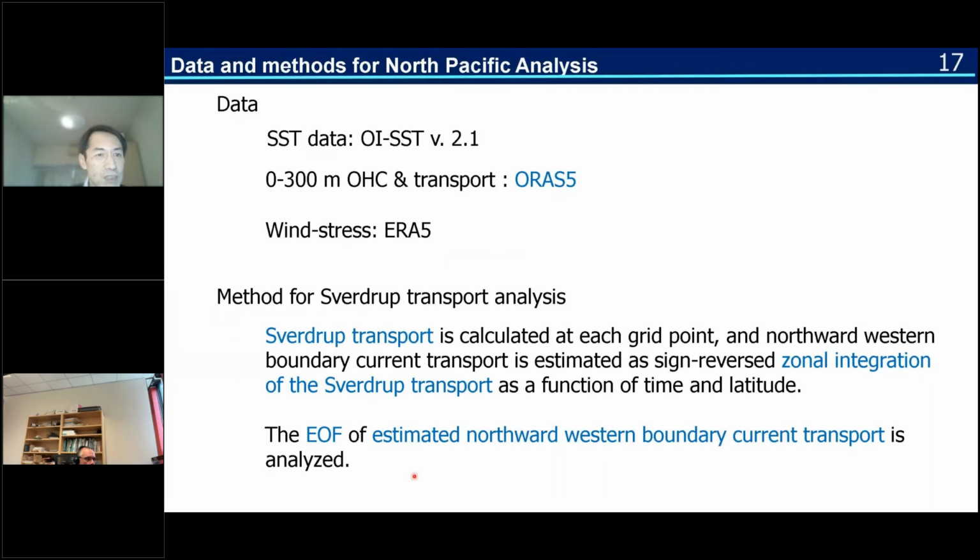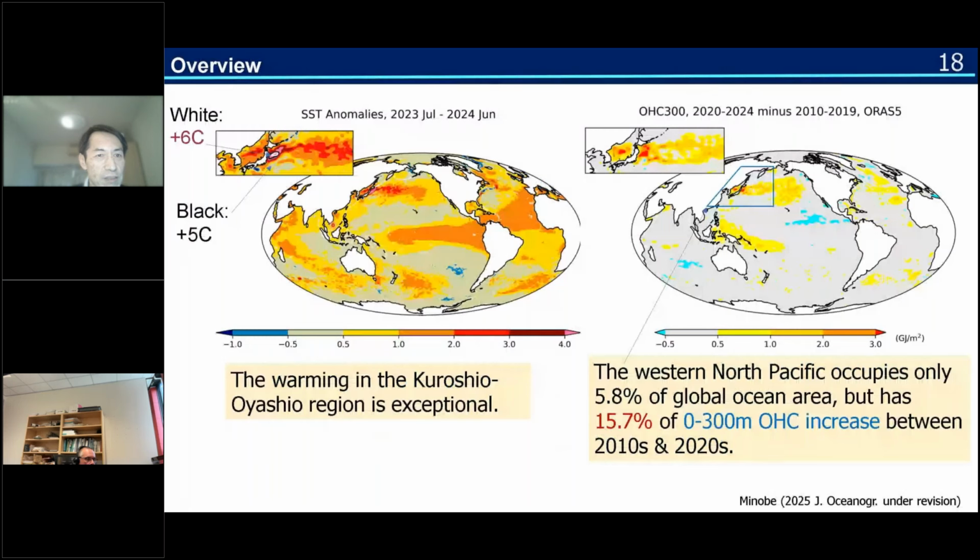So first we start with the SST anomaly in 1 year periods from July 2023 to June 2024. So the global ocean is warmed, but that temperature anomaly is mostly less than 2 degrees Celsius. But in the western North Pacific, especially the Kuroshio-Oyashio regions, the anomalies exceeded even 6 degrees Celsius. So I never saw such a strong anomaly